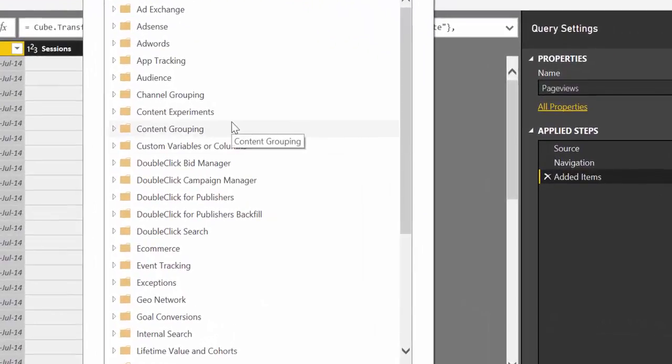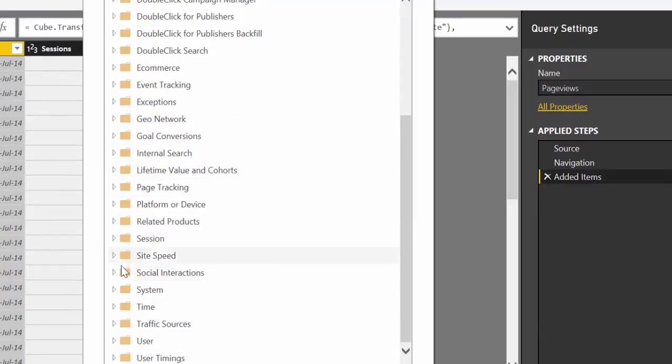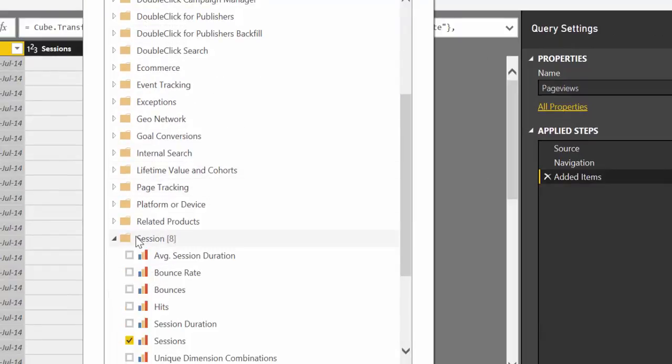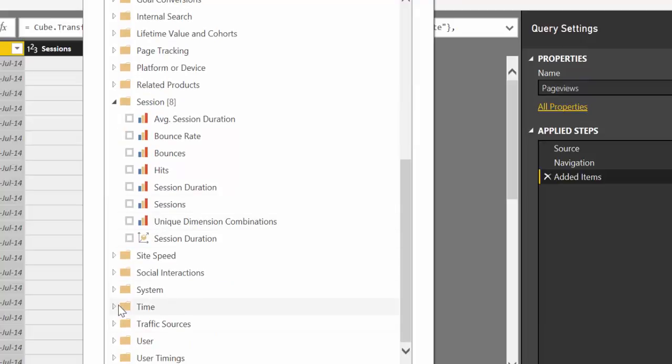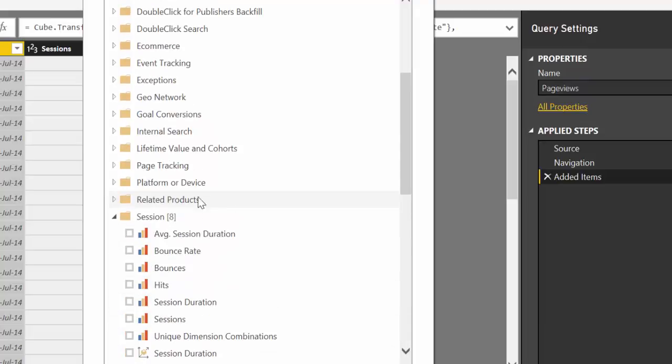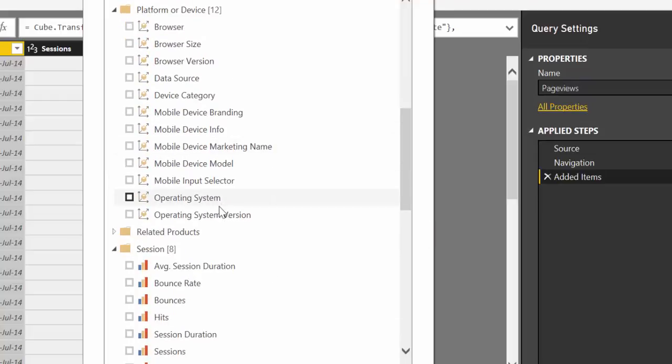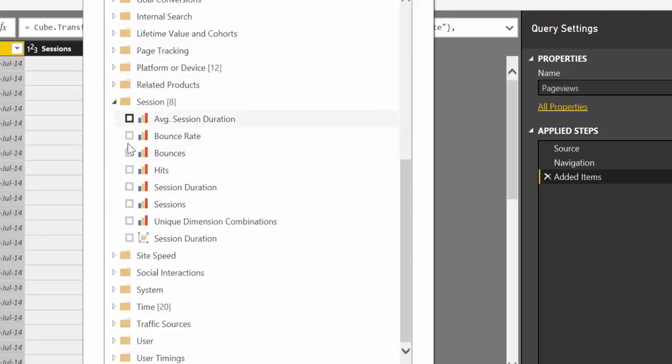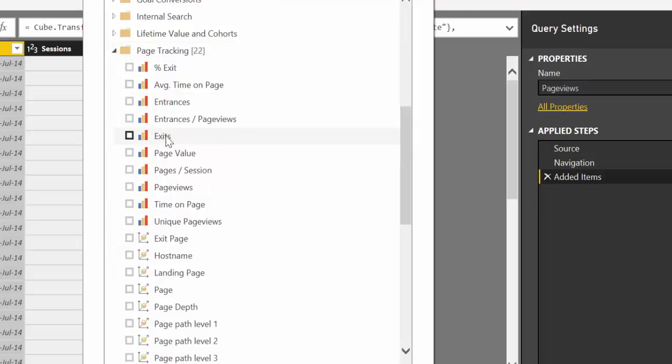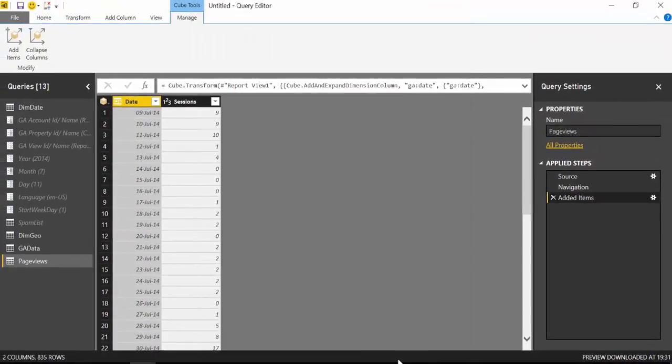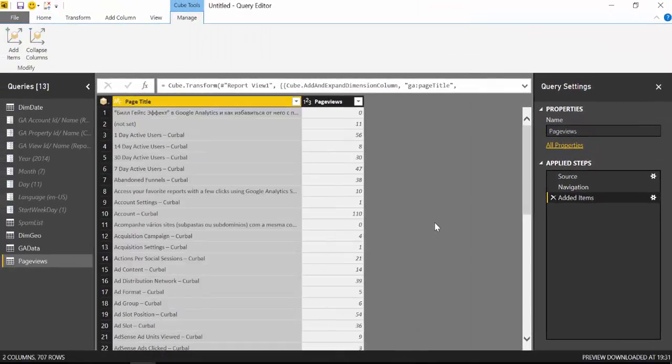We go up here and we are going to choose now. We don't want sessions and we don't want date. What we want is there, page tracking. Here we have it. We have page views and page title. Okay, perfect. So what we want to do now is we want to get data from our WordPress site or